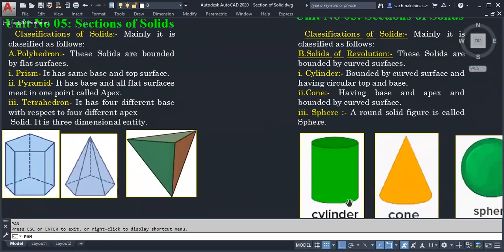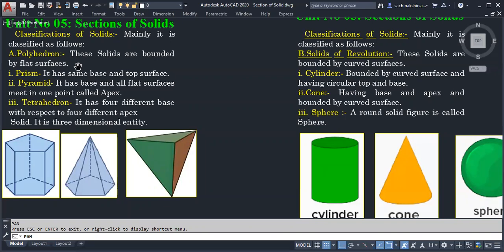Okay, so these are the solids. You can read, we have already studied this also. Polyhedron: prism, pyramid, tetrahedron, bounded by flat surfaces. Prism, rectangular flat surfaces. Pyramid, triangular flat surfaces. Speciality of the tetrahedron is that there are four different apexes with respect to four different bases. So this one is also important.